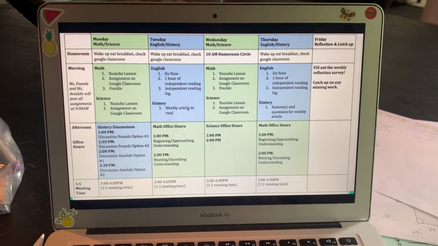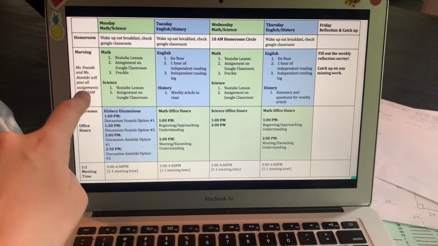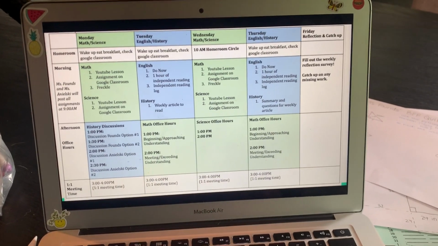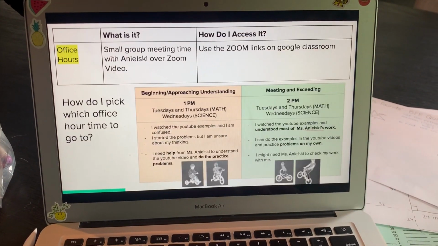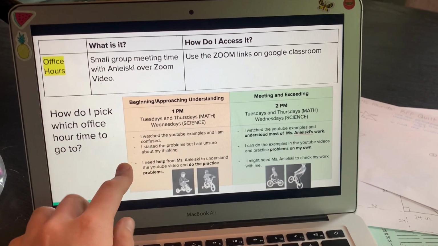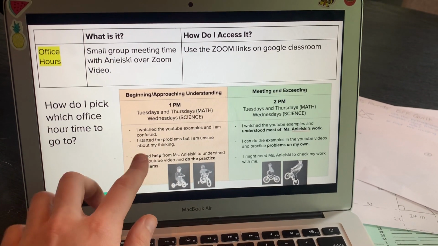Okay, so you can see here on the schedule that on Mondays, you first try the assignments on your own, and then Tuesdays we meet, and on Wednesdays we meet. So what you need to do before you come to an office hour is you need to try the assignments on your own. And then based on how you feel about them, you're gonna come to either this meeting, the